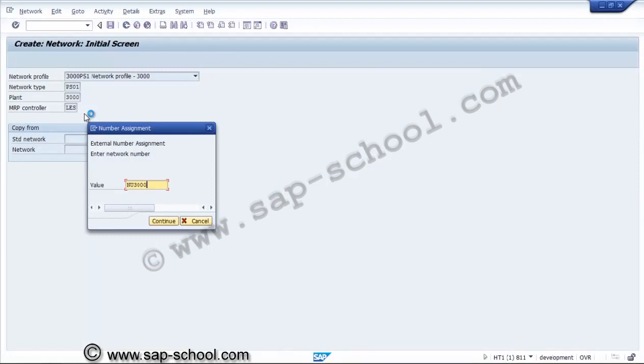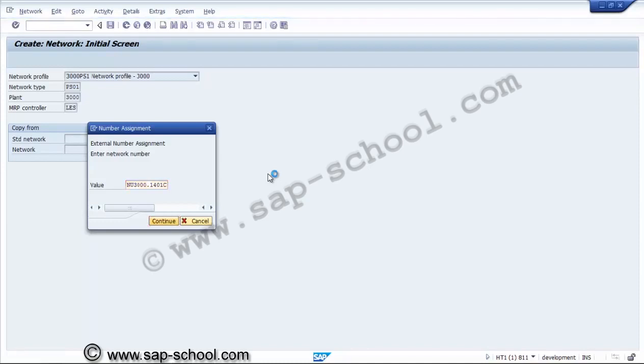So here we are using 3000.1401C. We will take out the dot, and we'll keep C. Now continue.